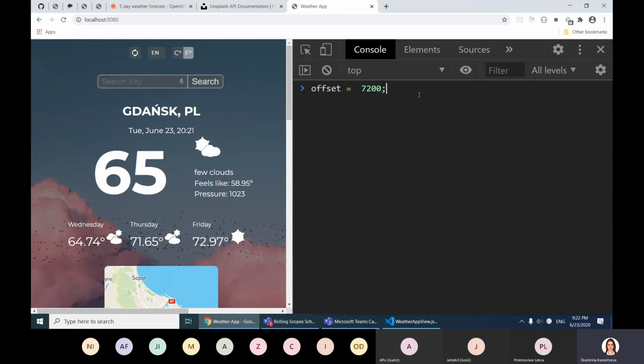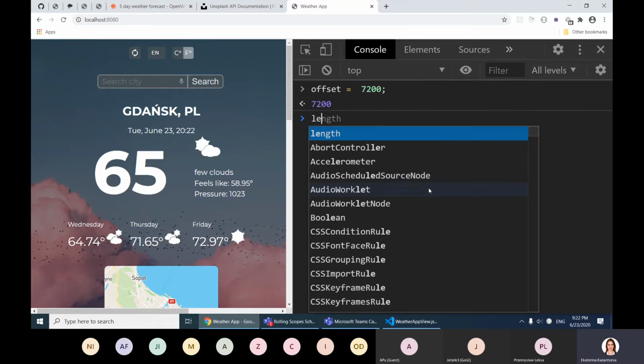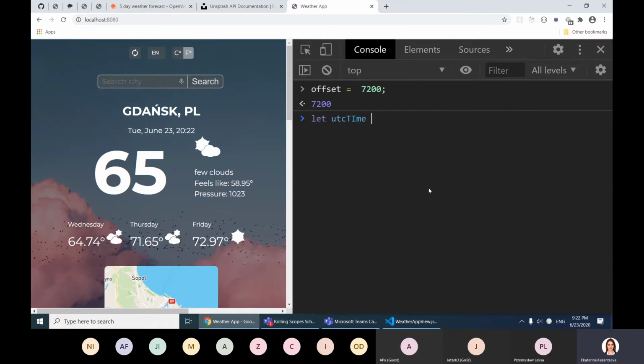And I also always have to remember that now it is in seconds. So first, to convert the time zone of Moscow to the time zone in Gdansk, I'm going to first make a transition of the Moscow time zone to UTC time. So let's say UTC time is going to be